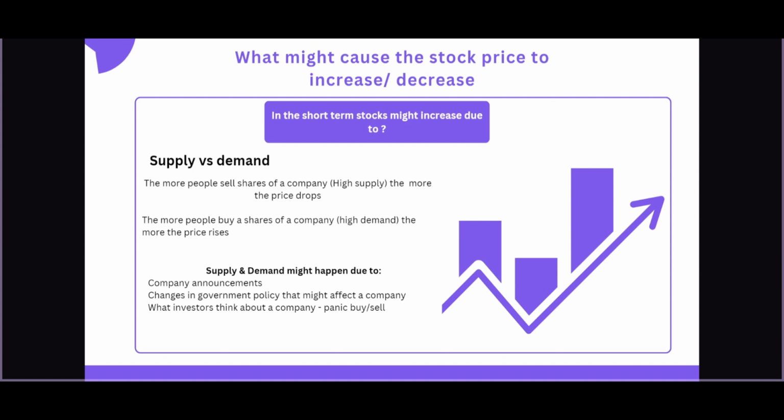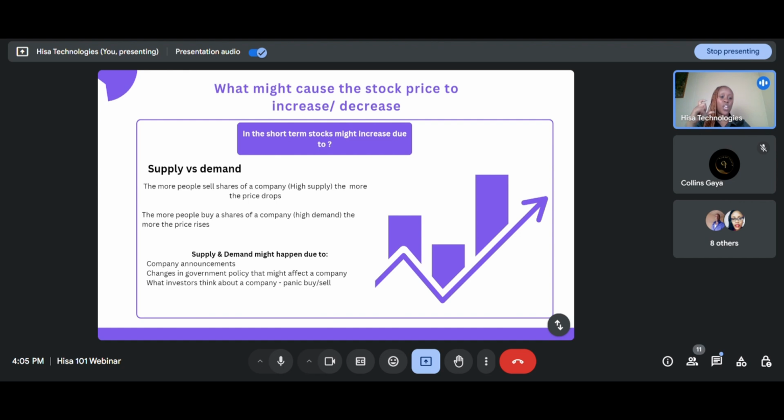But entirely, I wanted you to understand the value of a company is not determined by the share price. Yes, the company can be valuable, it is making money, it is expanding, but in the stock market, because of this law of supply and demand, the price of that company may not be the same as the perceived value. For example, we saw KPLC a few days ago. Its price was increasing from 1.5 shillings to around 3.9 shillings, yet it had nothing to do with the value of that company.